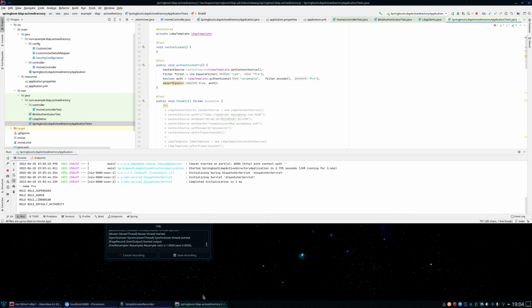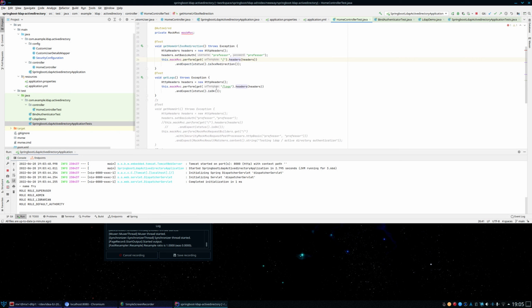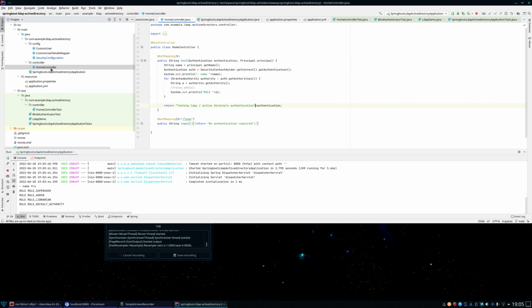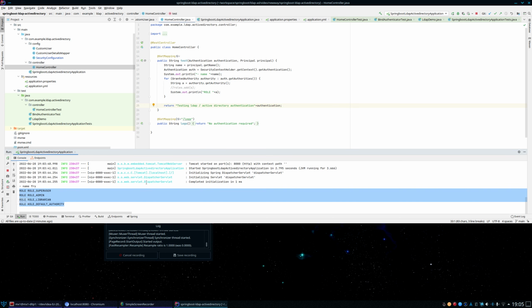Now, I was also looking at what gets printed out through the controller, which is basically where it does this role based on what Spring Security thinks the authentication roles are, and yeah, it's there. They're all there. So yeah, it works, and that's the